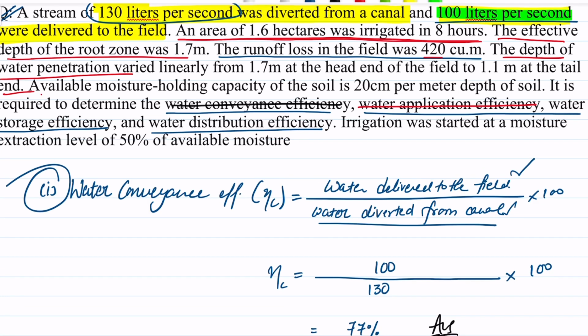The available moisture holding capacity of the soil is 20 centimeter per meter depth of soil. This is one value that is given to us. And the effective depth of root zone is 1.7 meter. If you look into it, this means that